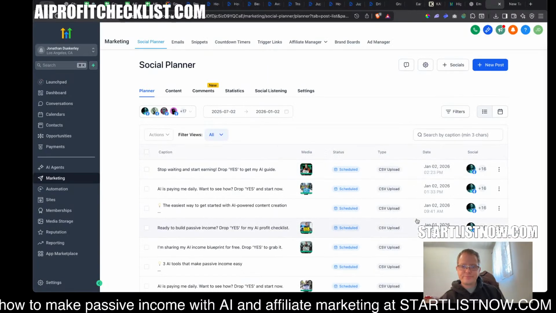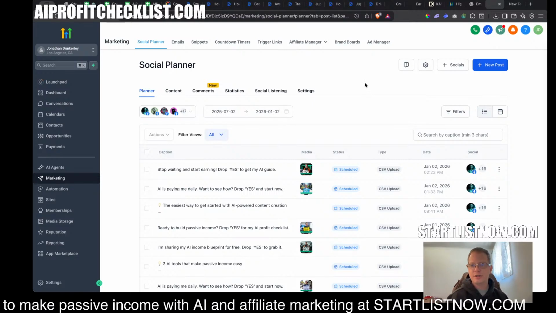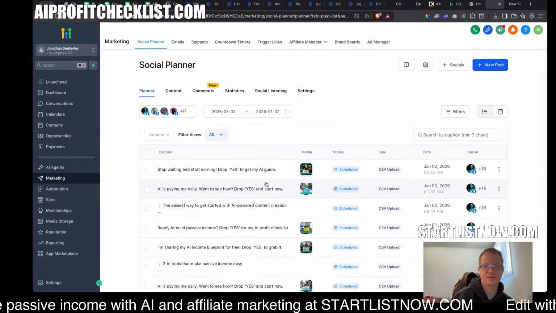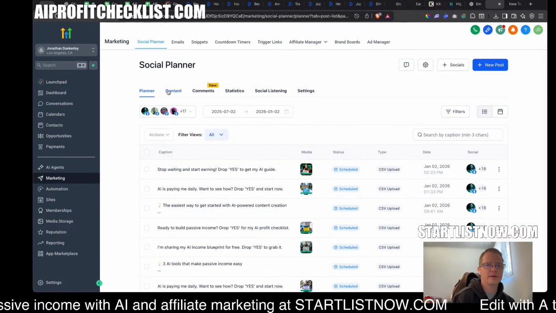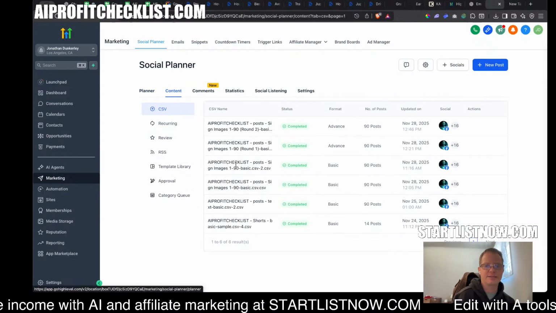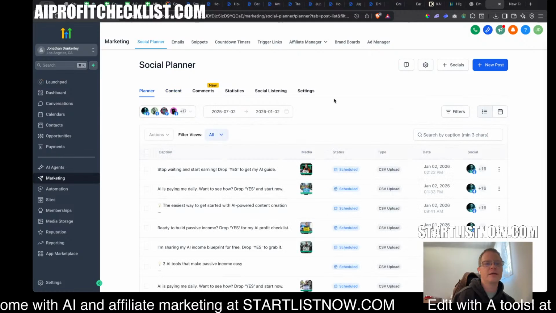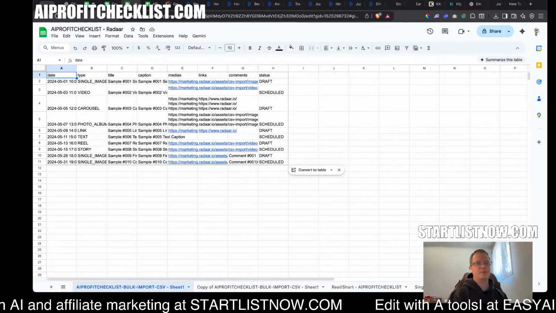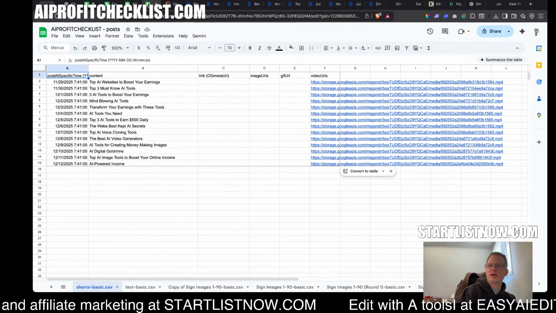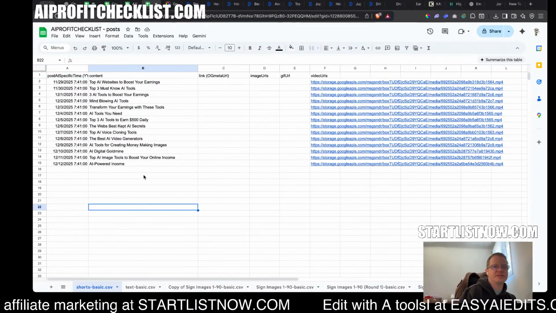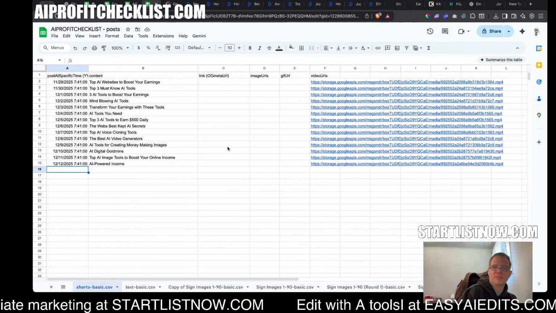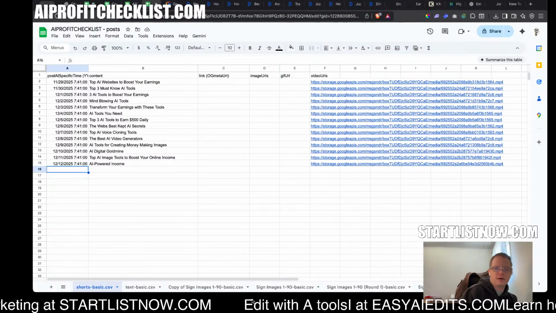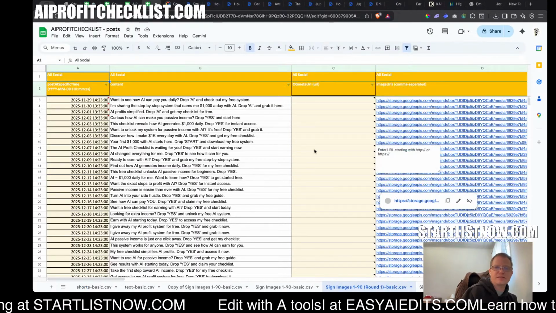If you come here and refresh, it's actually showing the later posts. See, it's scheduled out. I should come here to content. That's actually the CSV. Once you start doing this, you want to re-upload this stuff. You can upload something called a CSV file. This is a simple one. There's a more complicated one, which I actually think I prefer using more now. Oh, actually, I have it right here. It's this one, because this way I could do